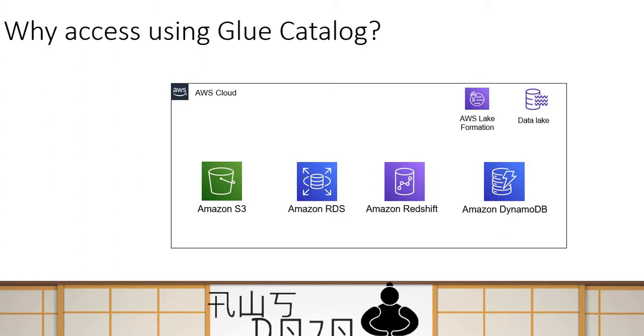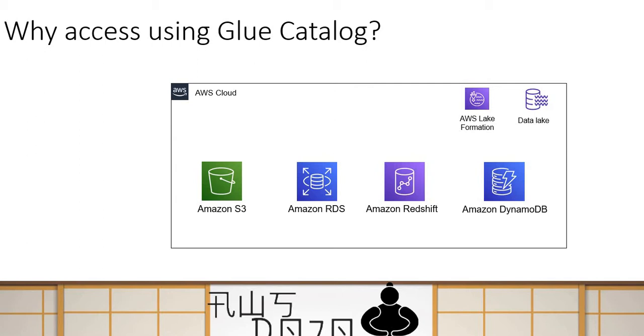And when you have your data cataloged or listed at one place, it really enhances the searchability and discoverability of the data. You can go to the Glue Catalog and see the list of the data available. You can see the type of data available. You can see the schema of the data available. You can see the location of the data from where it is available. All that at one place. So really, Glue Catalog enhances searchability and discoverability of the data.